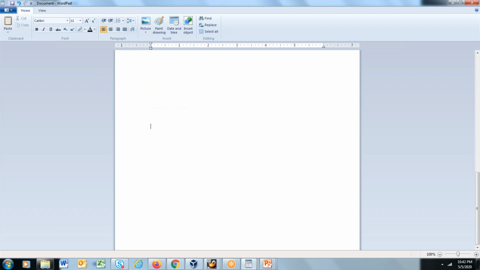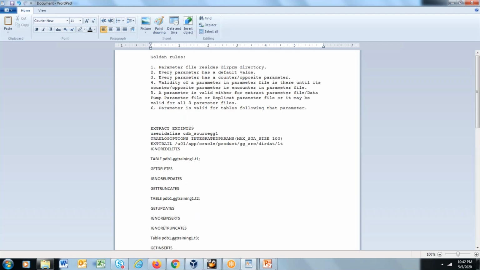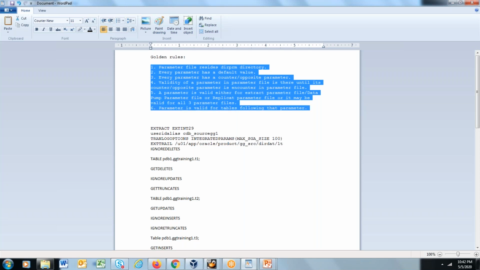Okay, so let us move to parameters. Related to parameters in Golden Gate, always remember these 6 golden rules. Parameter files reside inside the dirprm directory. Every parameter has a default value. Every parameter has a counter or opposite parameter.